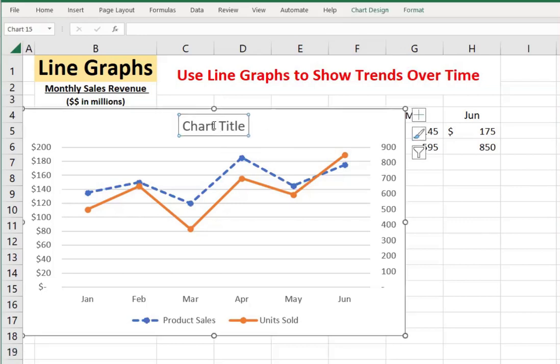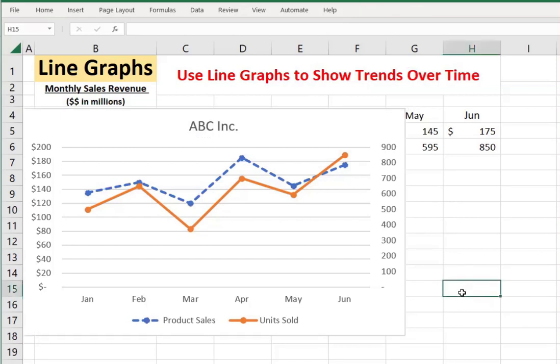And we have an area at the top for chart title if you want to go ahead and change it to something custom. And now you know the best time to use line graphs and how to create two different types,